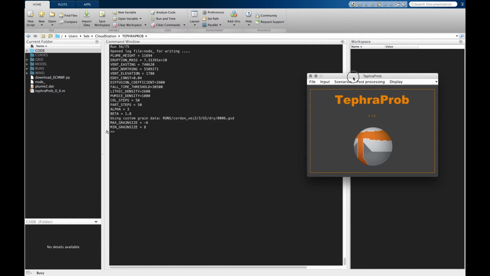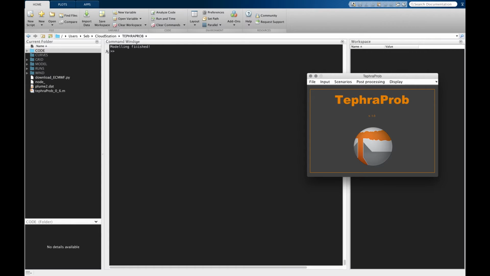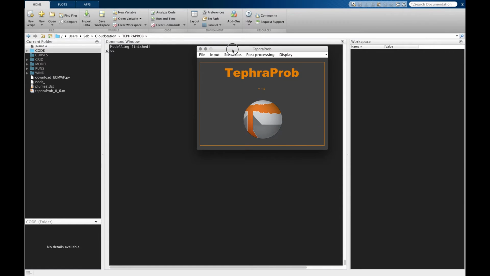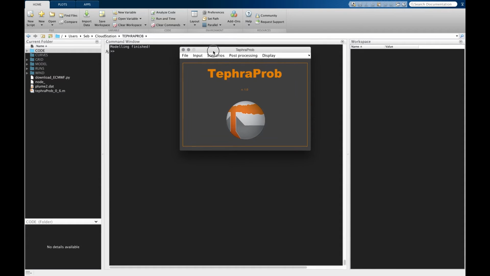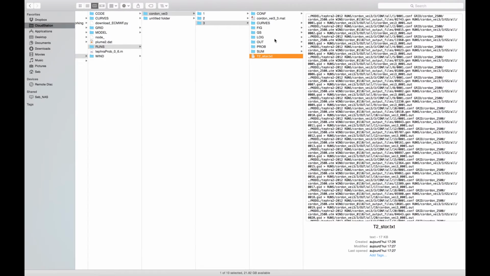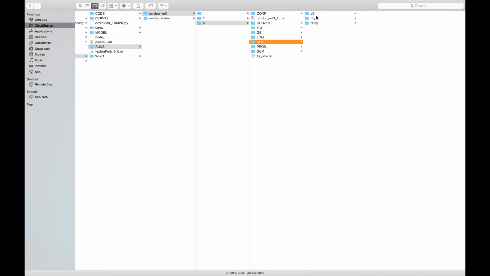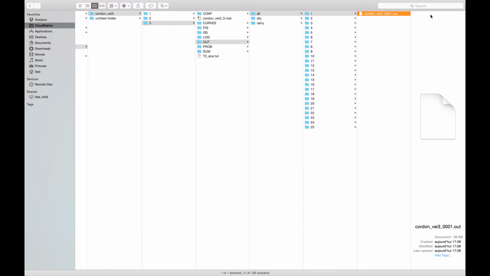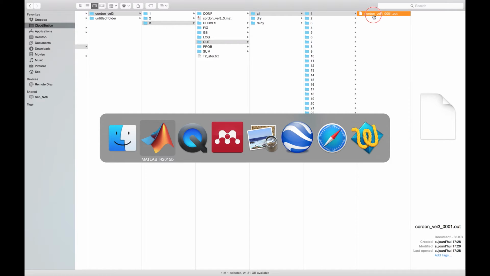You can see the input text files, and since we have the seasonality option enabled, it runs 3 times 25 runs. Okay, so that was on a single CPU. And now in our output folder, if we go to the out, we can see that these are populated by the output files of Tephra2,